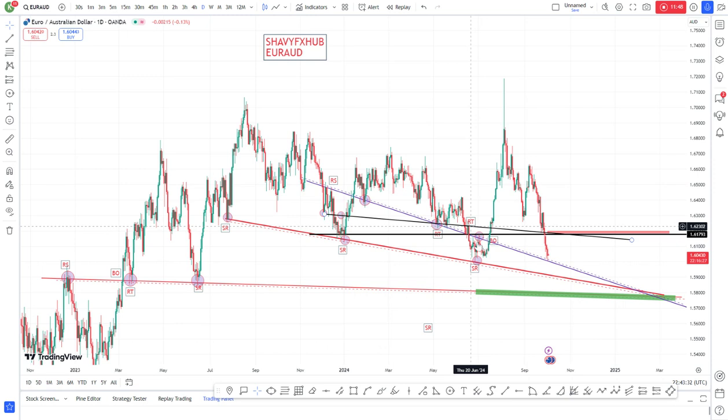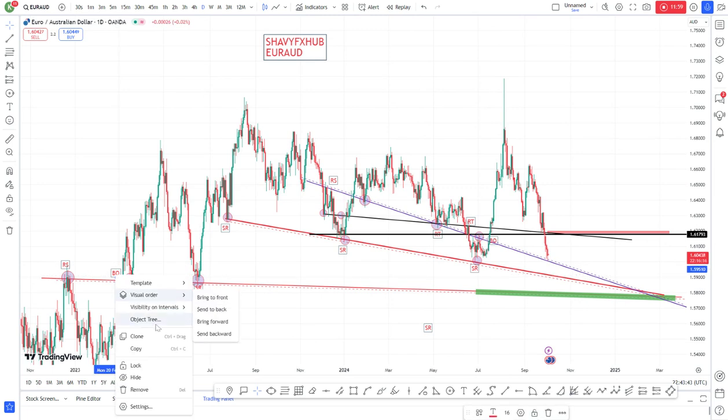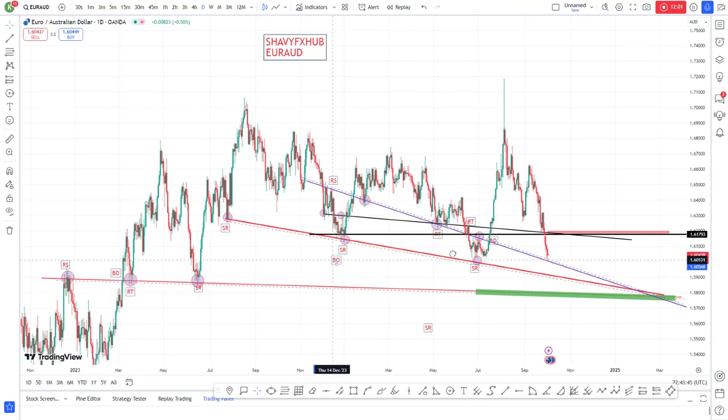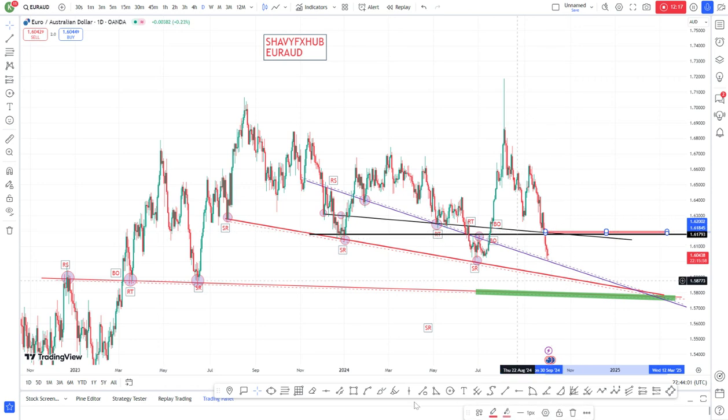You can see clearly when price came back, it got rejected and we broke the structure. So we have a breakout structure here, and it played out very well. This is a breakout structure, just like we have here another breakout structure. Price didn't come to this level, but when we got here, we rejected and bought for the daily. So I want price to return back to this level. If price returns back to this level, it's gonna be another lovely sell.